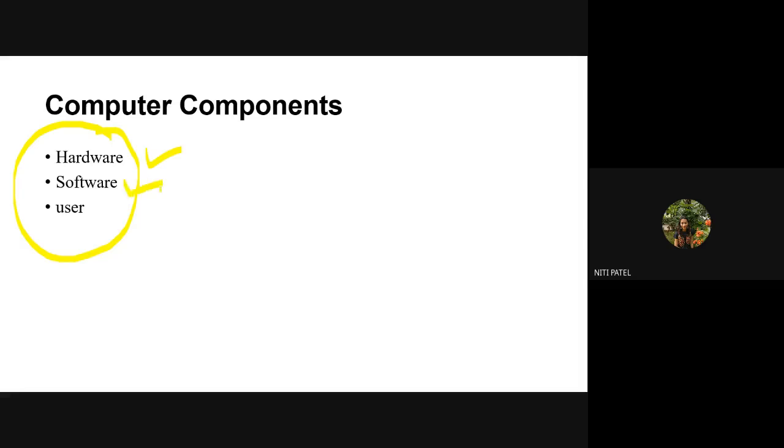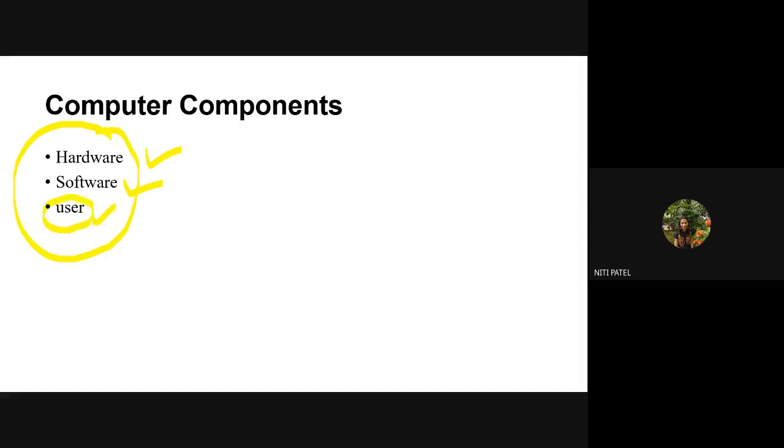You will require software, which is the compulsory software, only the system software, that is OS and the device driver. After that, if you are doing some particular work like working on a WordPad, making some reports or presentation, then you will download Microsoft Office. That will be considered as an application software. And the third is a user.